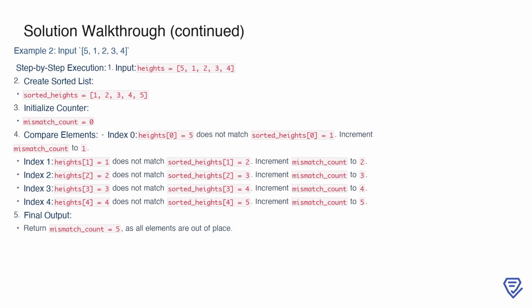Again, we start by creating a sorted version of the list, which results in 1, 2, 3, 4, 5. This represents the expected order. We initialize the mismatch counter to 0, and then proceed to compare each element in the original list with the sorted list. At index 0, the original value is 5, but the sorted value is 1, so we increment the